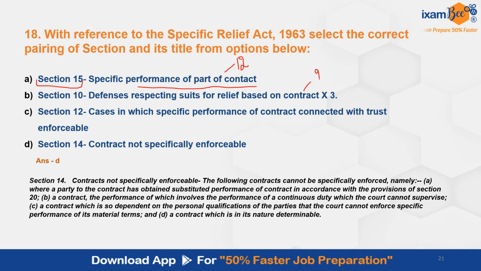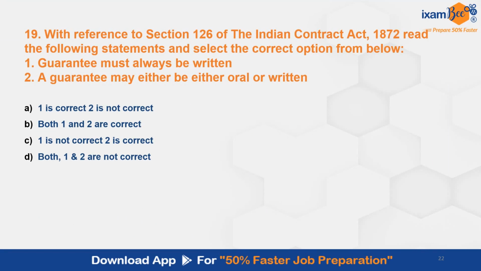And section 12 is specific performance of part of contract. Cases in which specific performance of contract connected with trust enforceable is given in section number 11. Question number 19. With reference to section 126 of Indian Contract Act, read the following statements and select the correct